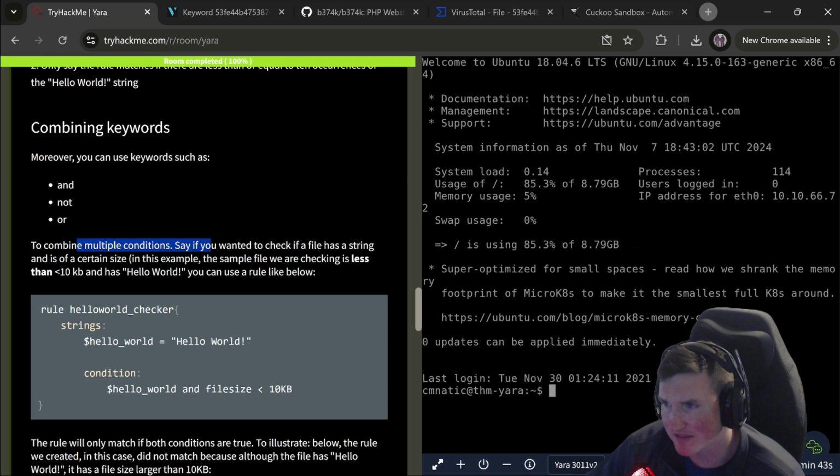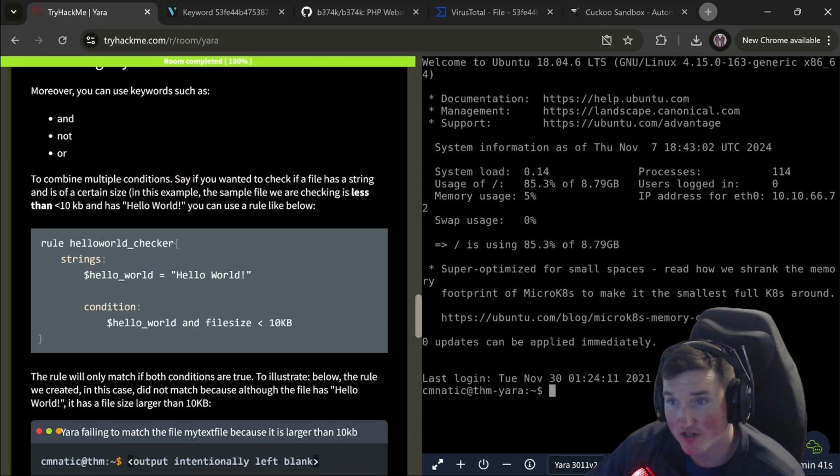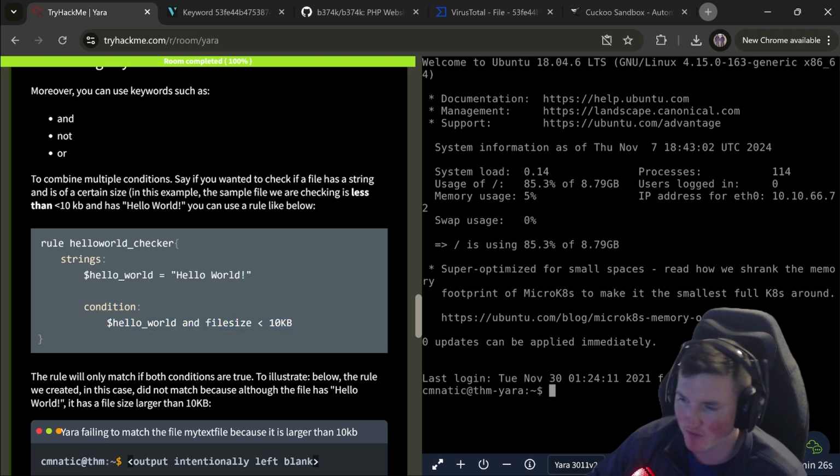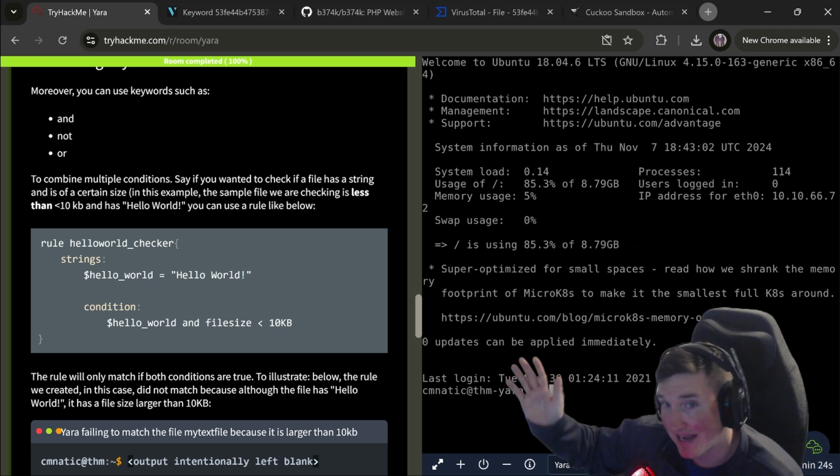So to combine multiple conditions, say you want to check if a file has a string and is a certain size. So does this file have hello world and it's less than 10 kilobytes? Now, this would be really nice to see, because what if you're getting a lot of false positives where the file has Mimikatz in it, right?